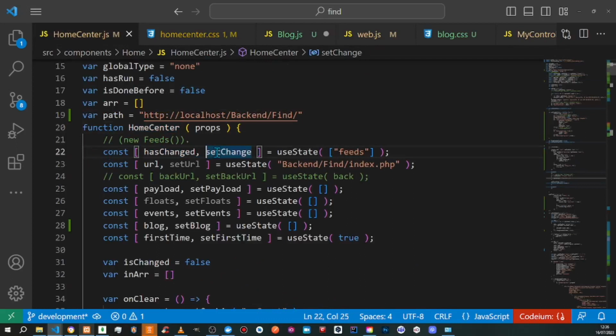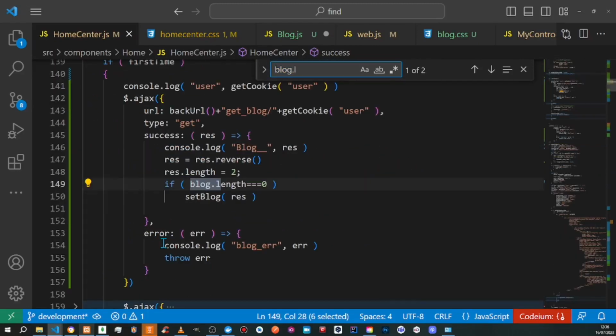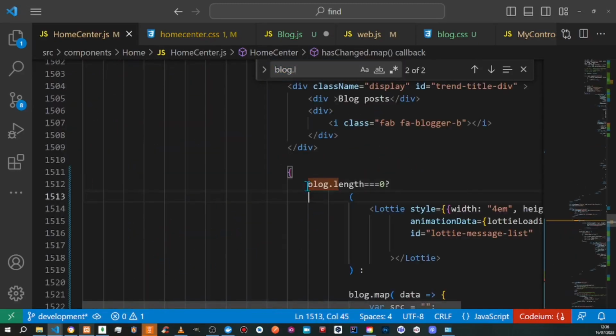So you see, this is how you set, that is update this component. That's what it means by set. Then this is where you use it. Maybe here dot length. If it's 0, show